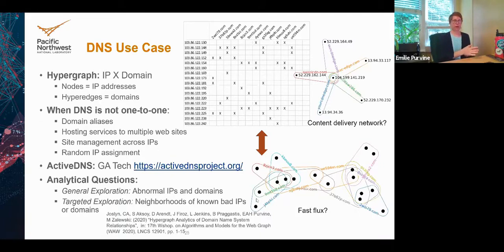At the outset, we thought that perhaps domains and IPs would be one-to-one. Turns out that's not the case. A lot of times they are, but there are things like domain aliasing, like if you go to Google but you mistype it, it's still going to go to Google. So when you have domain aliasing, that is the case where you have maybe a single IP that goes to multiple domains. But you also have hosting services where maybe one IP goes to many domains based on what packets of information are sent.